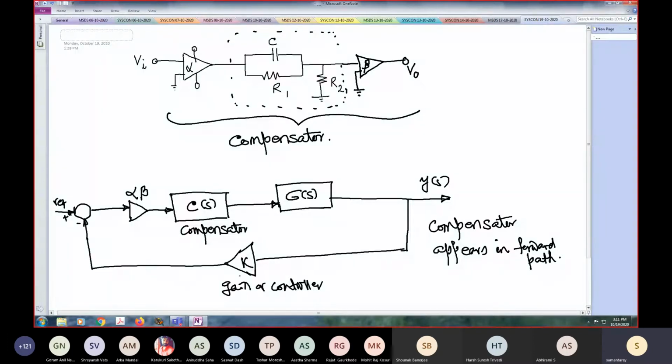Right now, what we will do is analyze the properties of this compensator. So this compensator has a very simple model. Let me take the input voltage here instead of there. I have taken some alpha beta out of this. So let this be Vi bar, let this be Vo bar. So Vo bar times beta is Vo. Vi bar divided by alpha is Vi. So alpha and beta are taken out, and we will go from Vi bar to Vo bar.